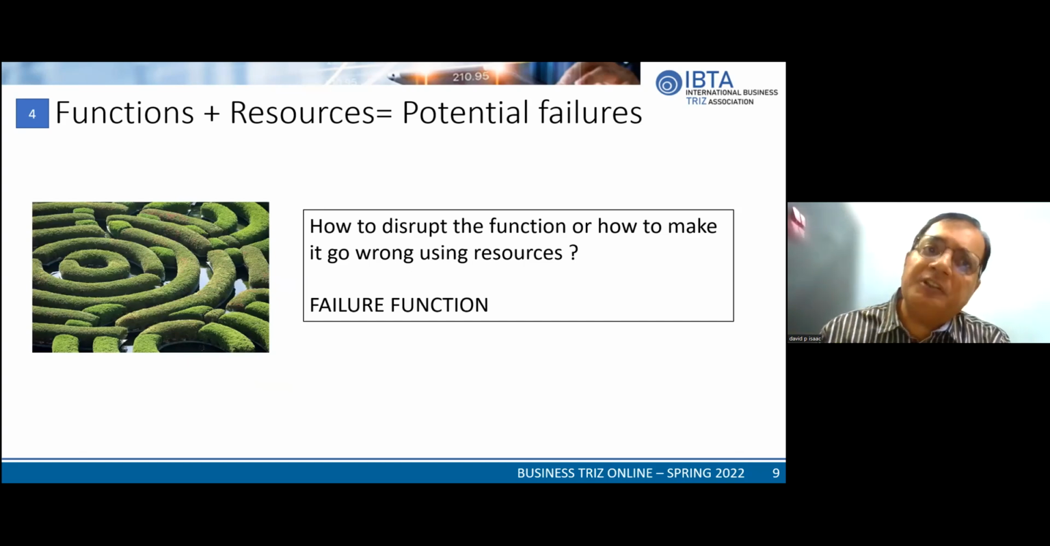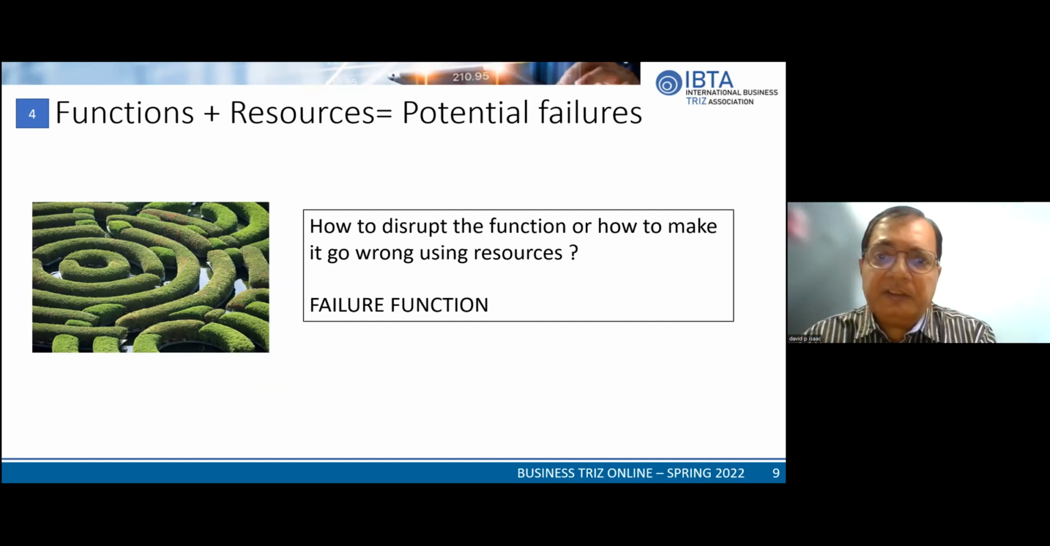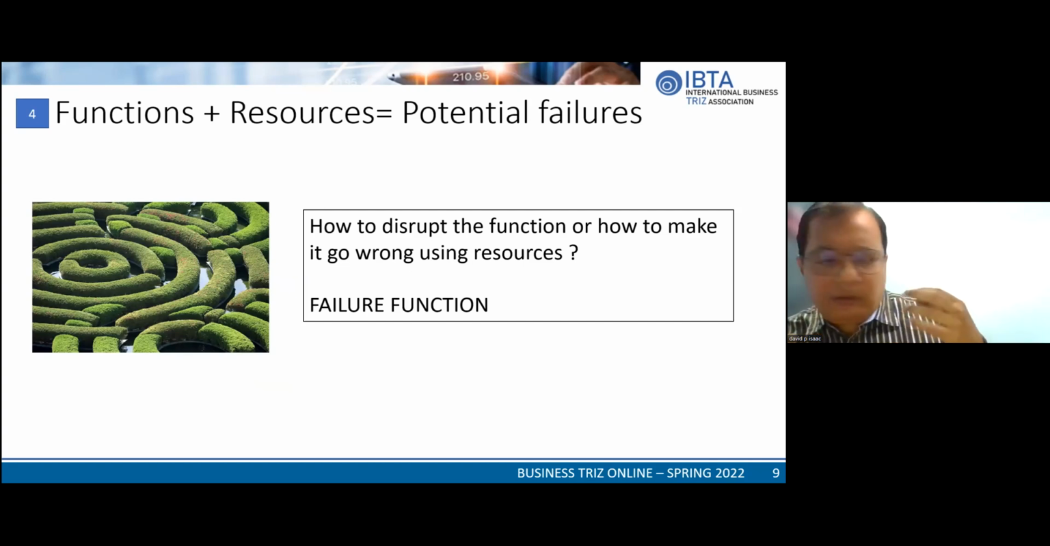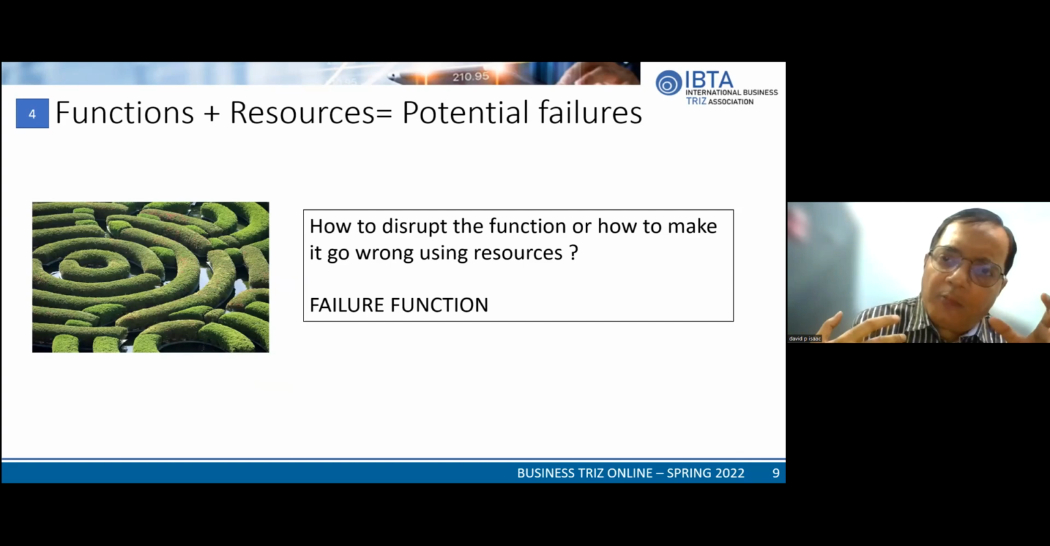We don't know the potential failures, but we are trying to figure them out by asking this question: how to disrupt the function or how to make it go wrong using the resources which are available in the subsystem, in the super system also. So this identifies the failure function. We try and build this whole logic: how do we use the resources available to really disrupt